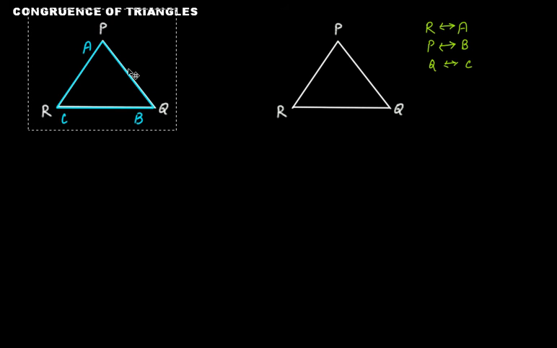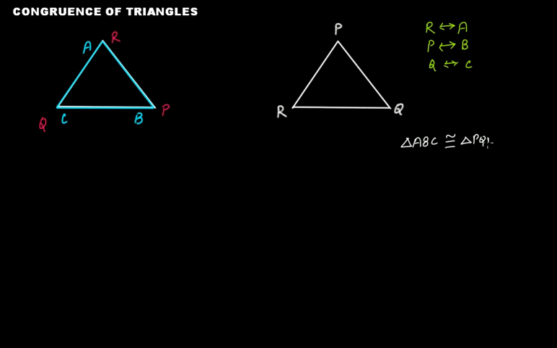It's given to us that after rotating it a little bit, R will come on A, P will fall on B, and Q will fall on C. That's why you will say that triangle ABC is congruent to triangle PQR under correspondence